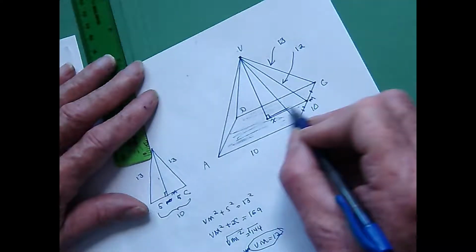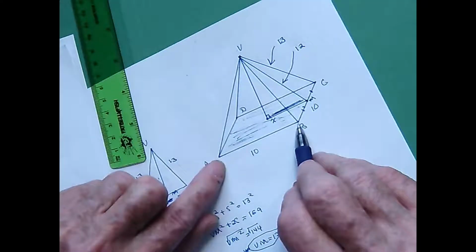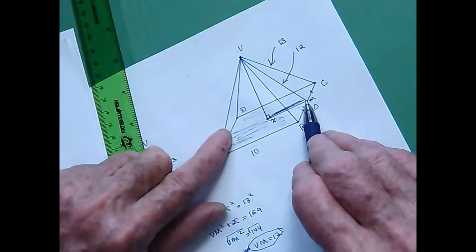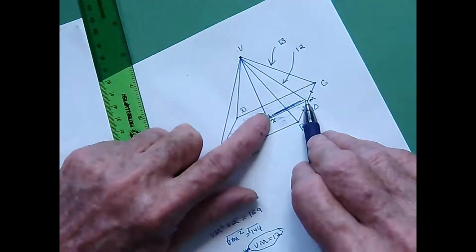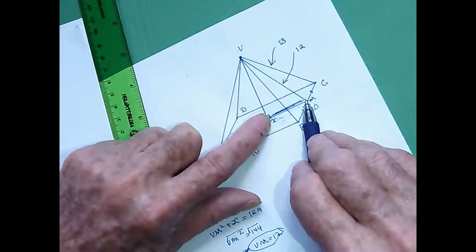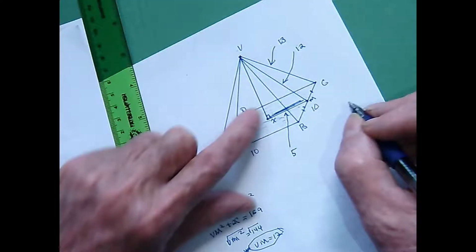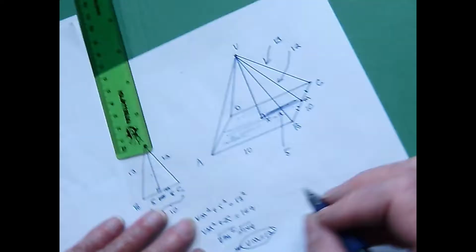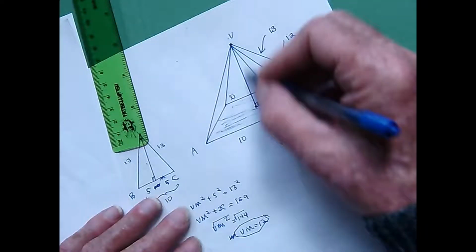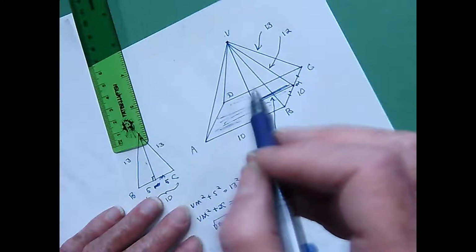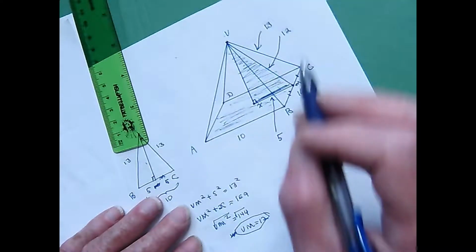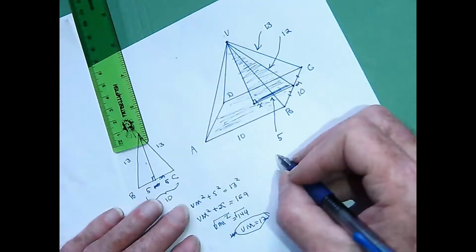And I hope you're thinking if this distance all across here is 10, from midpoint to midpoint would have also been 10, so midpoint to the center of the base would have been 5. That length has to be a 5 right there. And now I can hit it with the Pythagorean theorem and I'll be able to get Vx. Let me shade that triangle I'm looking at because it may be kind of hard to figure out what I'm talking about. A right triangle there, and 5 squared